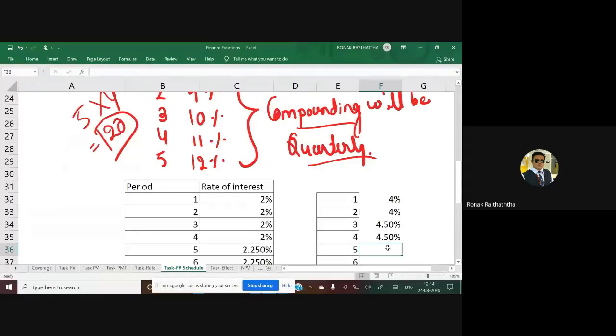I hope it is very much clear to all of you. So it is nothing but 0.5% is getting increased in every year. And the same formula you will be applying. If it is monthly, then you will have to draw for 5 years multiplied by 12. So 60 periods you will be making the table. I hope it's clear now. Yes, sir. Good.